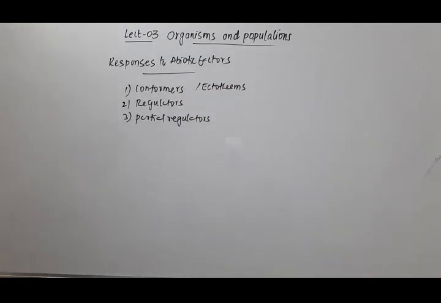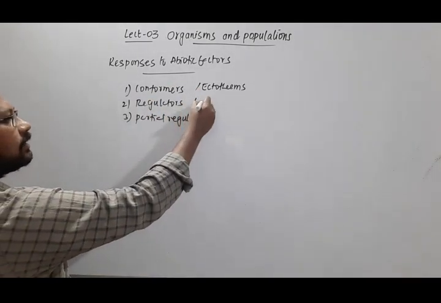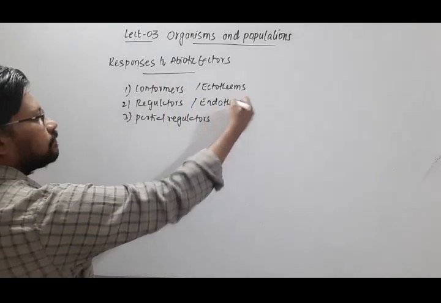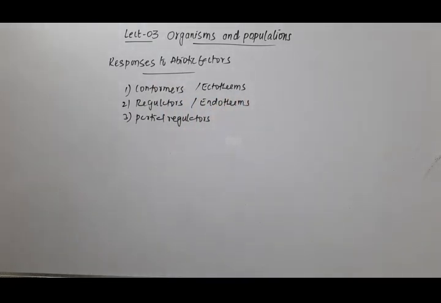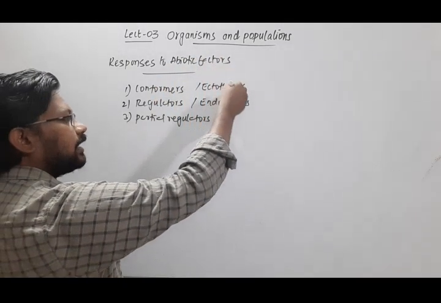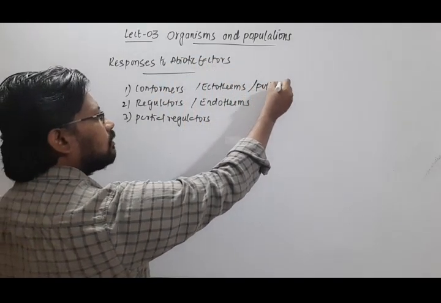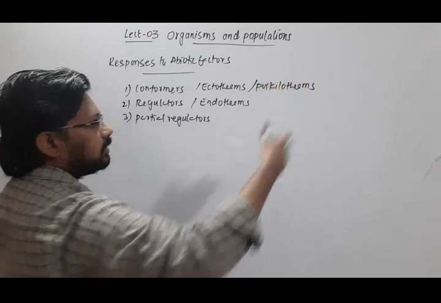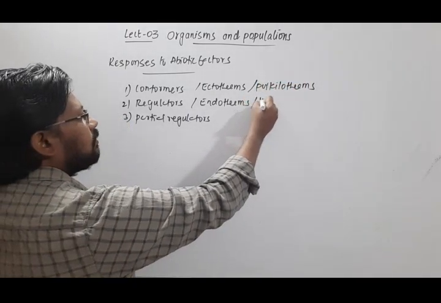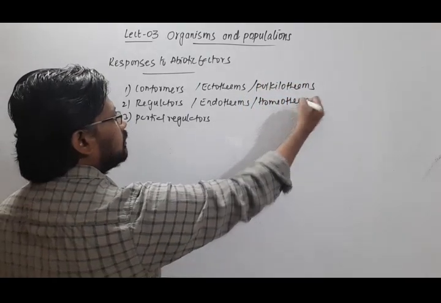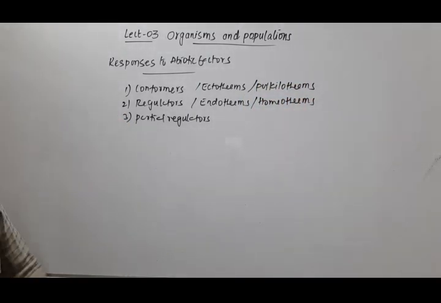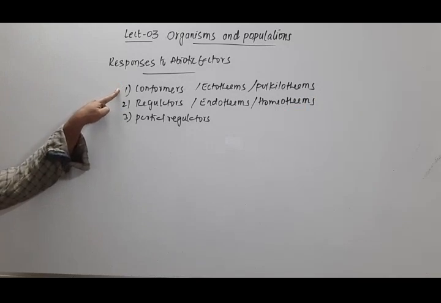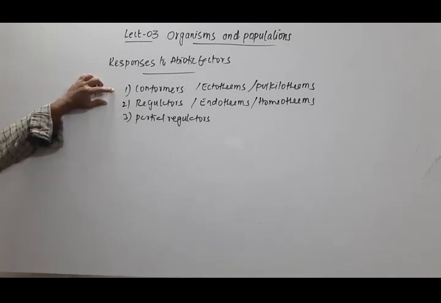While coming to these homeotherms, the homeotherms will be endotherms, or I mean, sorry, the regulators are endotherms. The regulators are endotherms, or you can also call them homeotherms. Conformers or ectotherms, you can also use another word called poikilothermic organisms, and endotherms are called homeotherms, right? Here conformers will not be able to maintain a constant internal environment, so they don't achieve homeostasis,